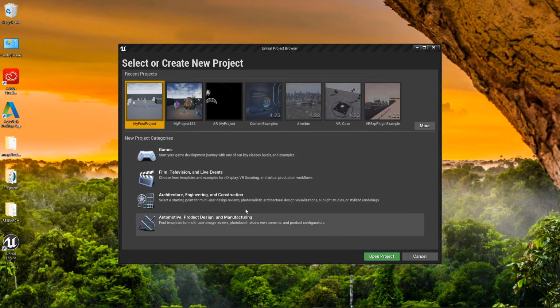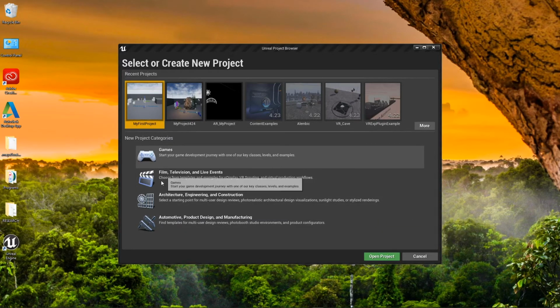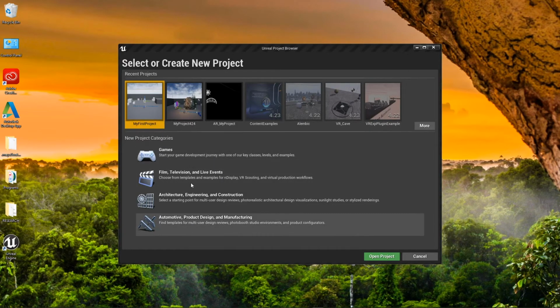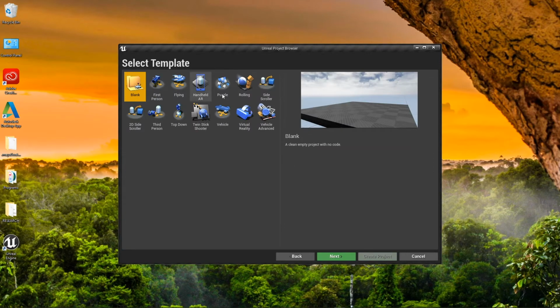Once that's launched, depending on the speed of your system, you will see possibly previous projects, or in this case, project categories. And so in this case, we're just going to stick with the basic games tab, but I'll go over the different categories really quickly. So games has a lot of different options. I mean, Unreal Engine started as a game engine, and now there's a huge amount of different possibilities that are starting to converge and being used by the Unreal Game Engine.